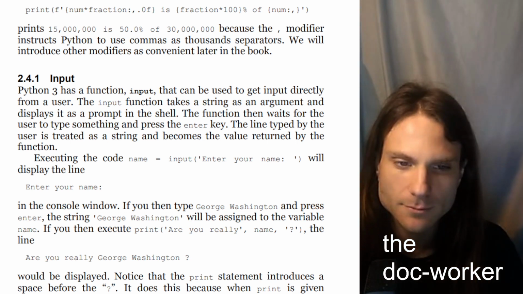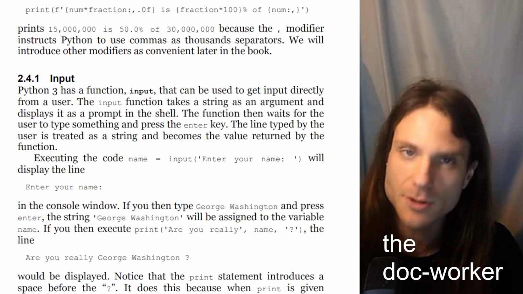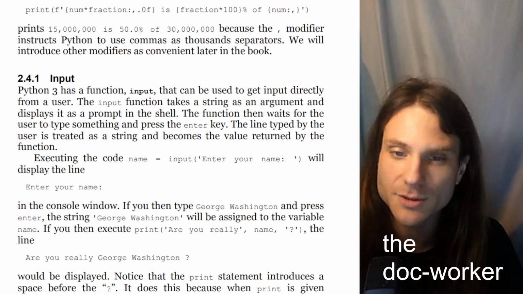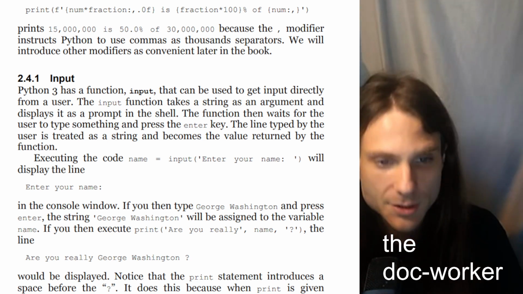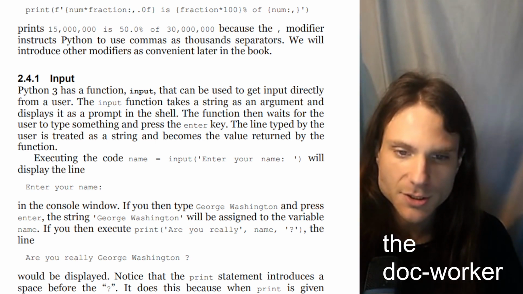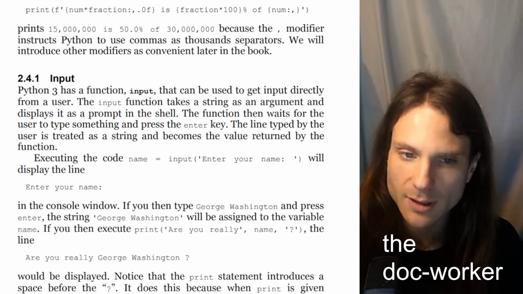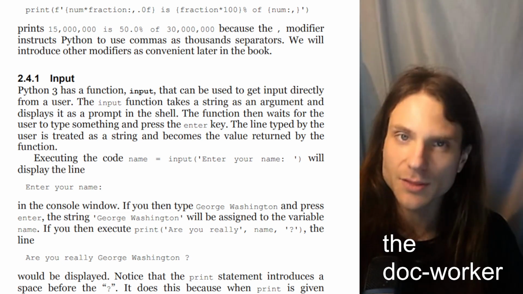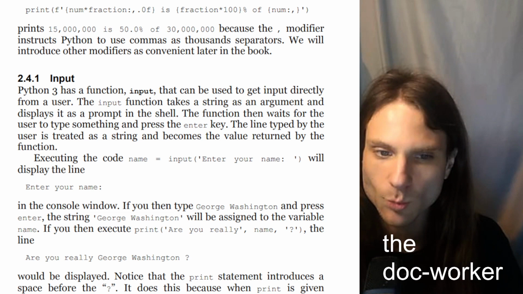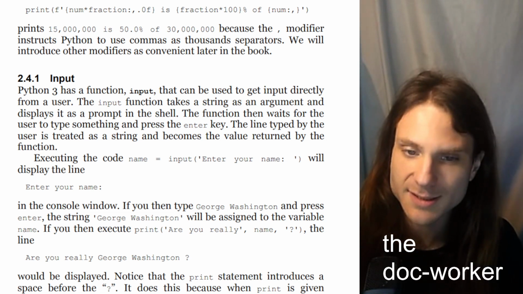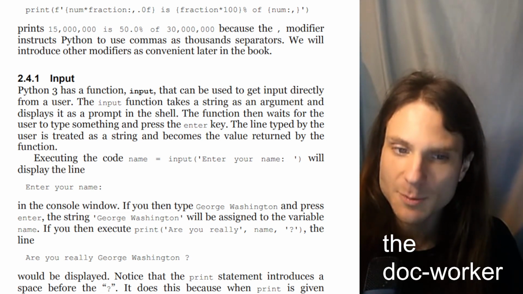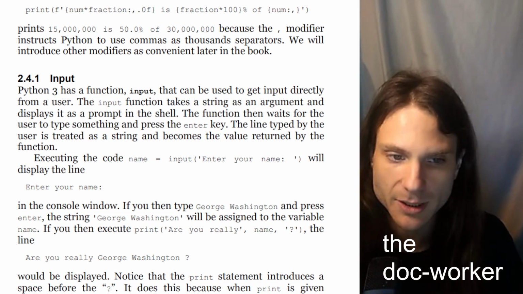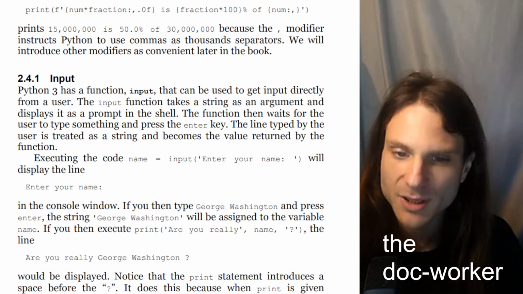Input. Python 3 has a function, input, that can be used to get input directly from a user. The input function takes a string as an argument and displays it as a prompt in the shell. The function then waits for the user to type something and press the enter key. The line typed by the user is treated as a string, whether it's numbers or not, and becomes the value